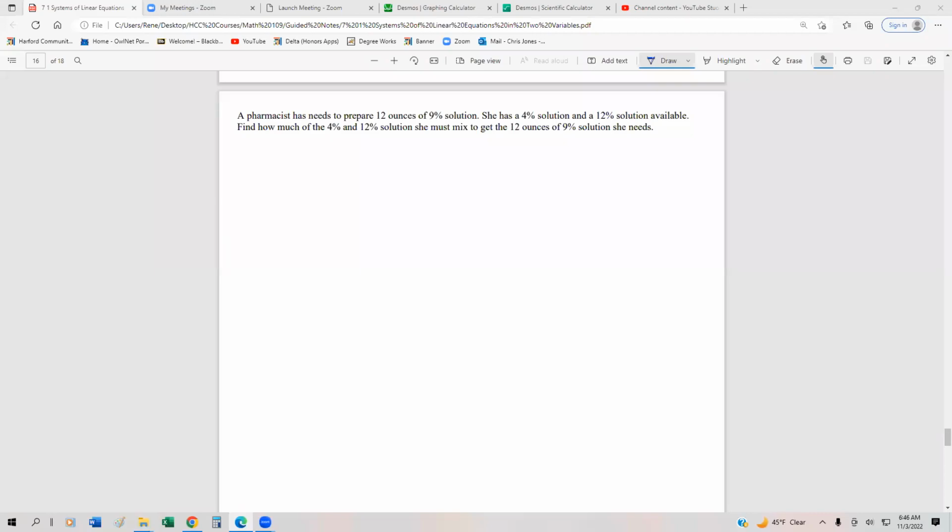We're going to take a look at three more examples of systems of equations applications in two variables. So we have our pharmacist. They need to prepare 12 ounces of a 9% solution. And unfortunately, they don't have the 9% solution available. They have a 4% and 12% solution available. We want to try to figure out how much of each we need to mix to get 12 ounces of